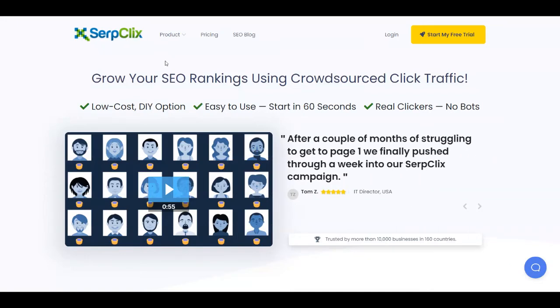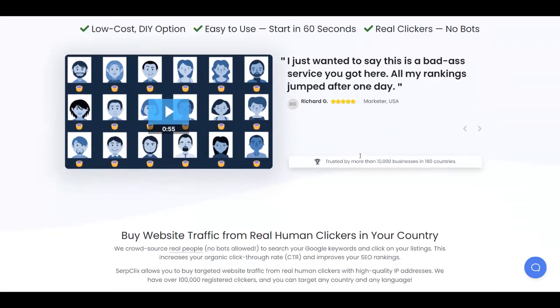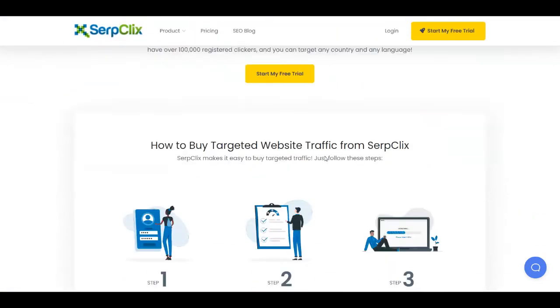This is a little bit different from the other platform. People come here because they want to get traffic to their website, they want to rank higher on Google, so they come here to ask for some traffic, and SerpClix is going to pay people to drive traffic to those websites by clicking and visiting them, so they can get higher on the Google rankings. So in order to become a clicker over here, you need to scroll all the way down to the bottom of this page,